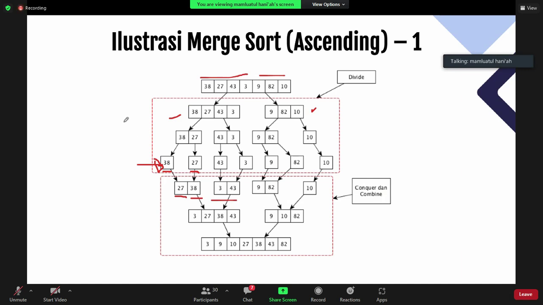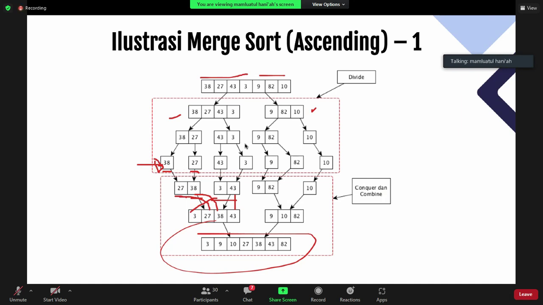And then you put 3 first, 24 second, 38 third, and the fourth is 43, just like that. And you can combine it. So you have the final solution, the final merged array.